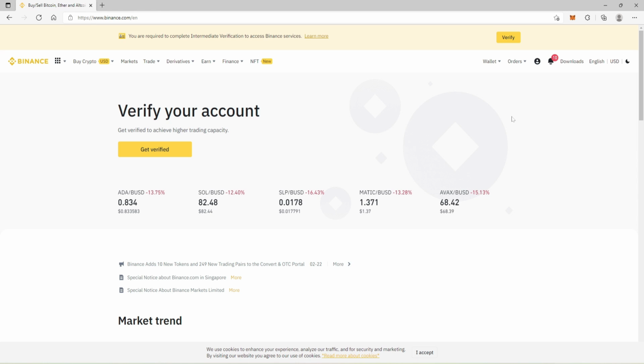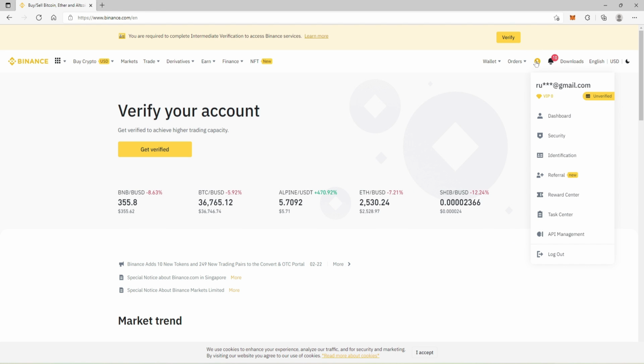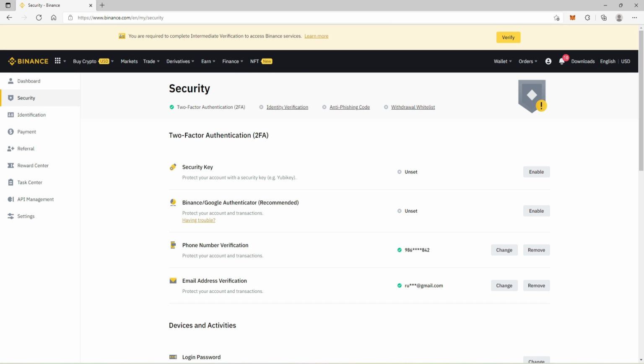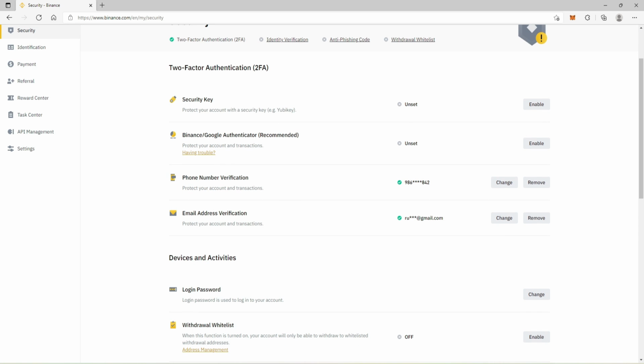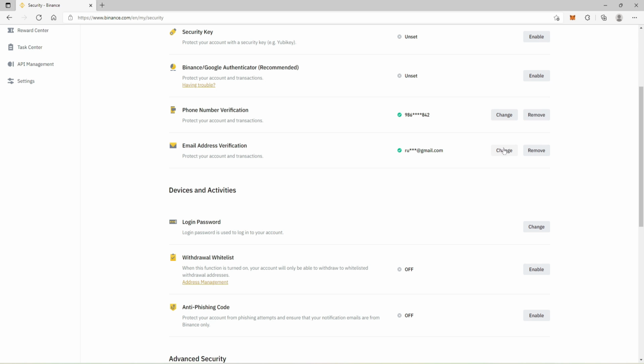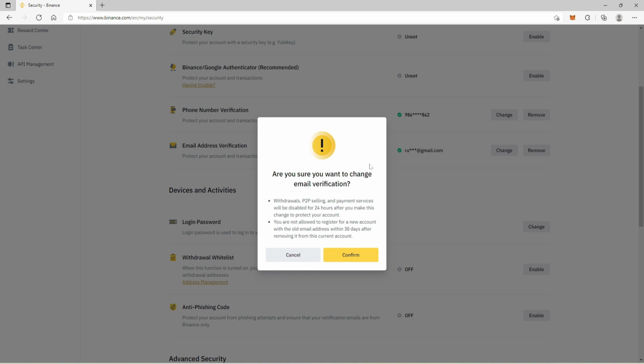Once you log in, go to the profile icon in the upper right hand corner of the screen, and once you mouse over to that, you should see a pop-up menu. Click on Security. Inside the Security tab, you should see several menus appearing right under two-factor authentication. You'll be able to see an option that says Email Address Verification. Right where it says Change, give it a click,